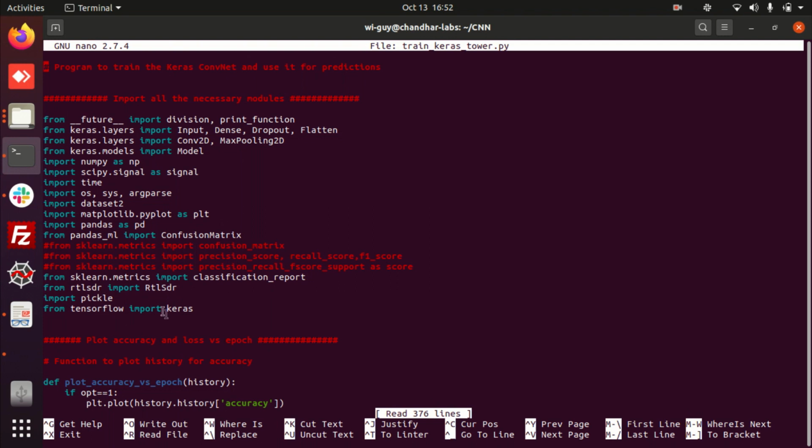We also import Keras to work on the TensorFlow backend.